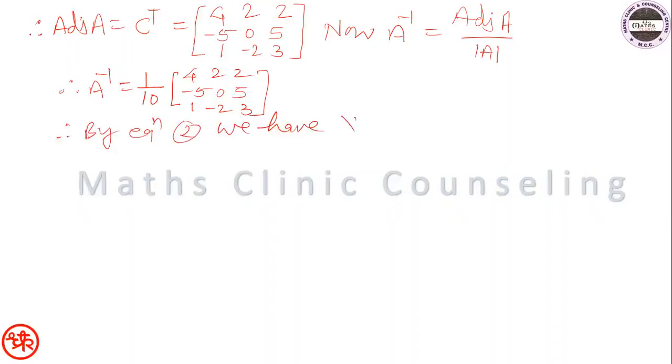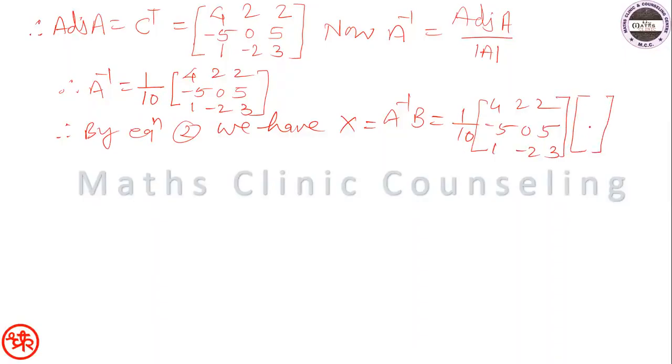and therefore by equation 2 we have x is equal to A inverse B. So A inverse है 1/10 into 4 2 2, -5 0 5, 1 -2 3। A inverse हो गया, and what was B? B was the right hand side value, and it was what, 4 0 2, राइट हैंड इक्वेशन की जो राइट हैंड साइड है वो।